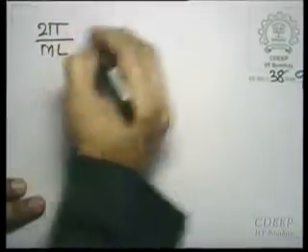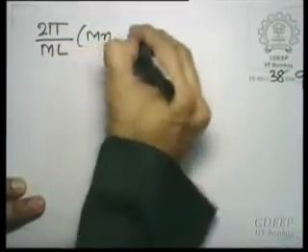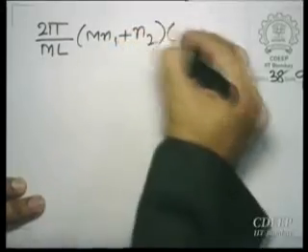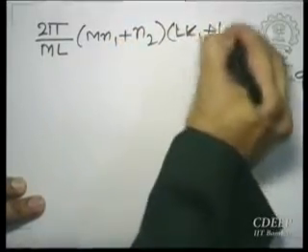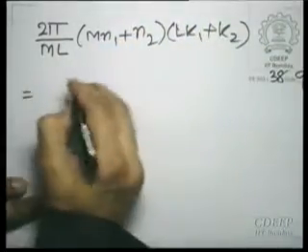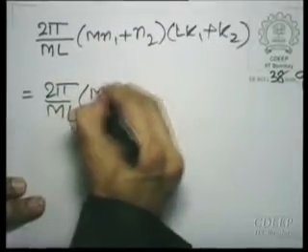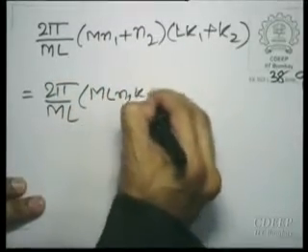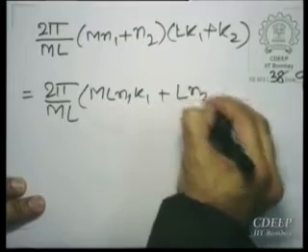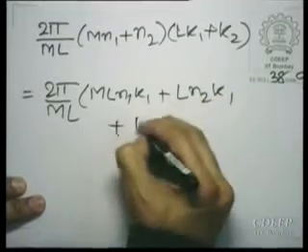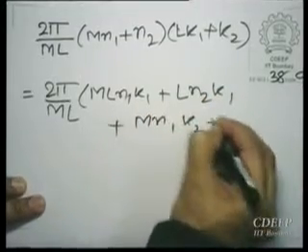First, let's expand the product. So 2 pi by ML, M n1 plus n2 into L k1 plus k2, is 2 pi by ML into ML n1 k1 plus L n2 k1 plus M n1 k2 plus n2 k2,